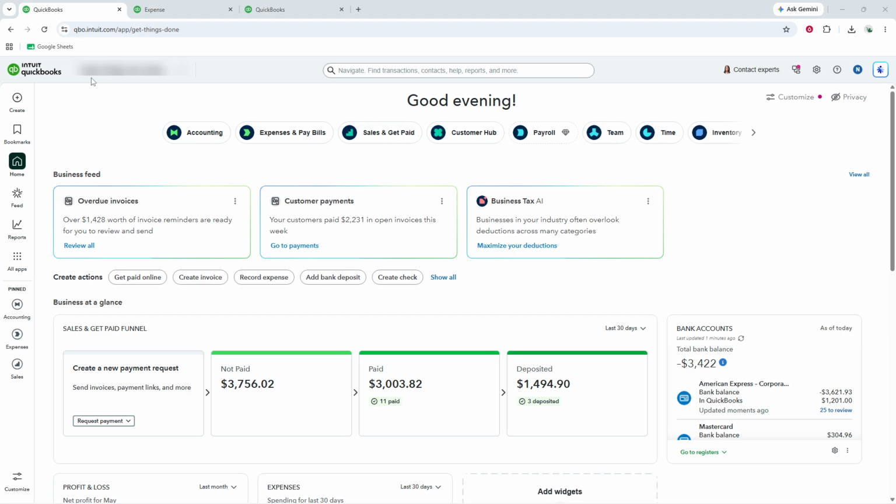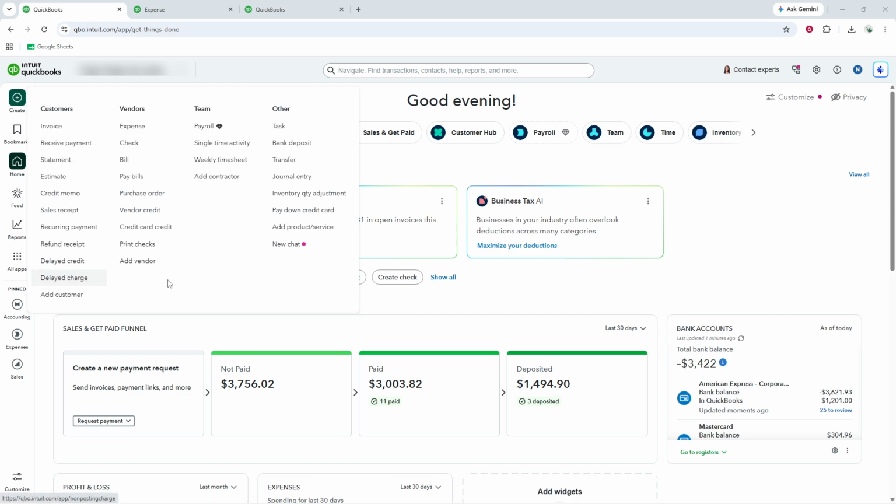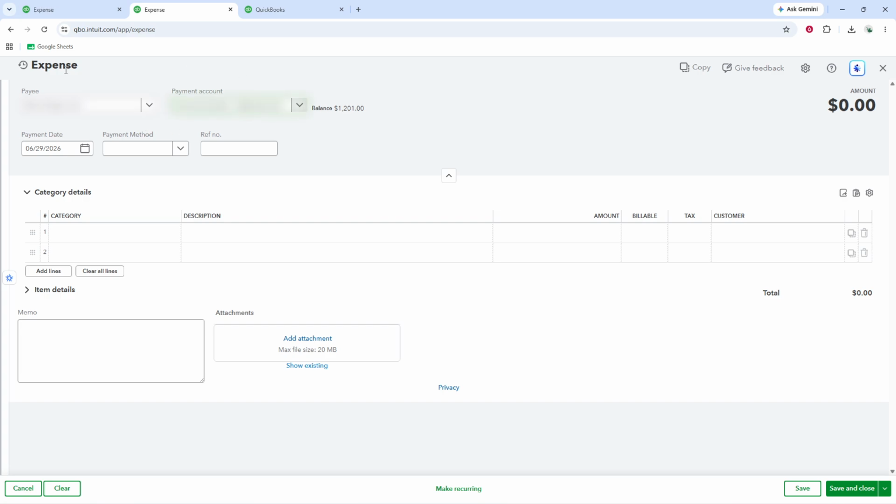Once you're on the main dashboard, click the New button. This is where QuickBooks lets you create different types of transactions. From the menu that appears, select Expense. This option is commonly used when money is leaving one of your accounts, so it's the right place to record